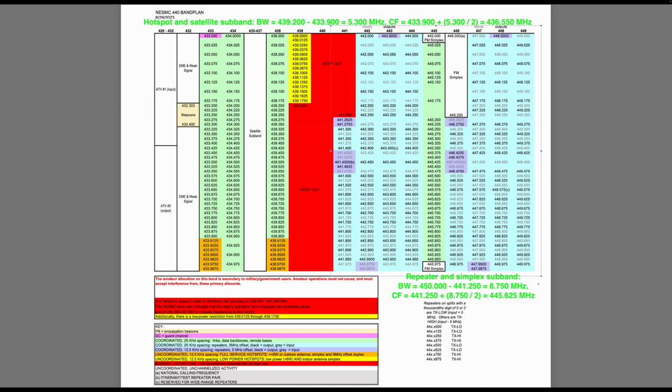And this part, this subband, I'm going to call the repeater and simplex subband, essentially extends all the way up to 450 megahertz and extends down to